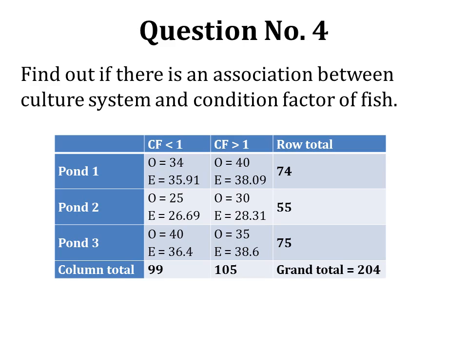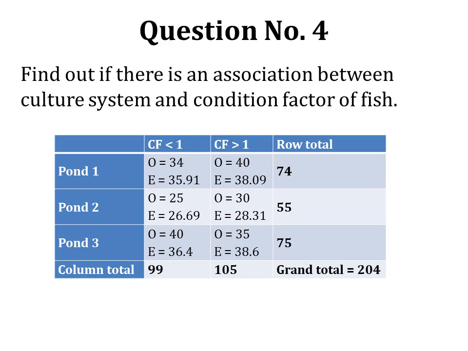Then in the next cell, fish with condition factor less than 1 in pond 2, the expected frequency is 26.69. Then in the next cell, we have the fish with condition factor less than 1 in pond number 3, their row total is 75, their column total is 99. So they are multiplied, and their answer is divided by the grand total, which is 204, and the answer